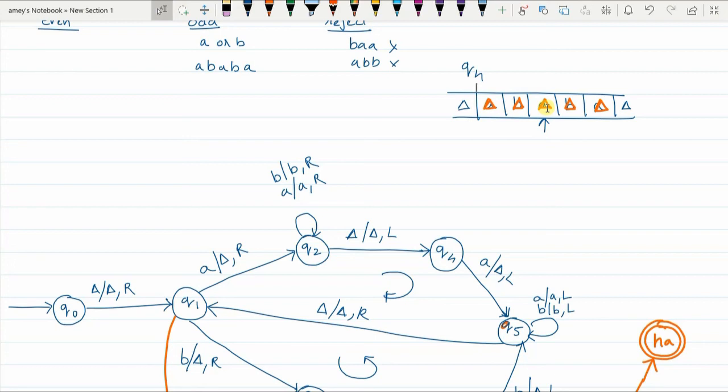So it has to be an odd length palindrome. It means this A was a middle A; after converting this A to delta and coming back here, since there are no more elements, it simply means that this A has no matching other A.